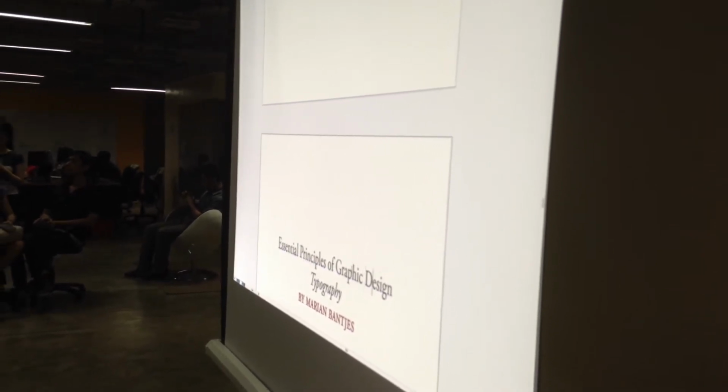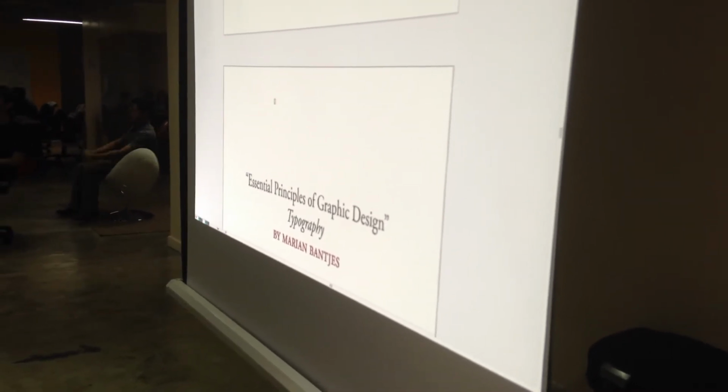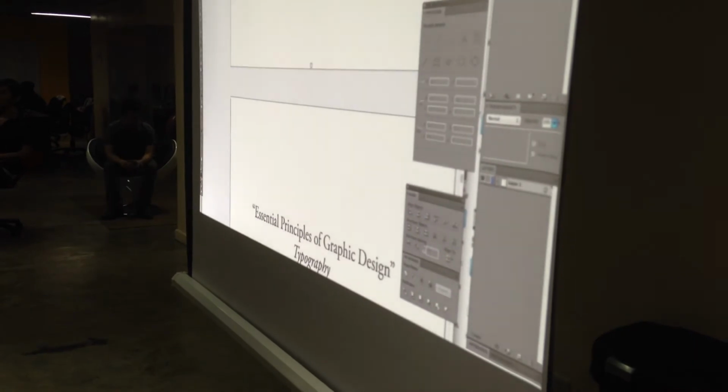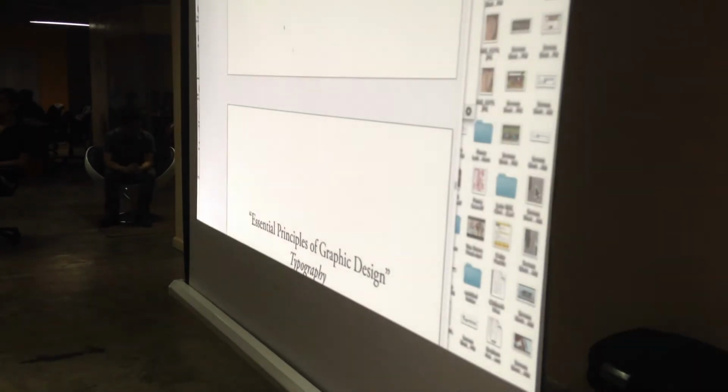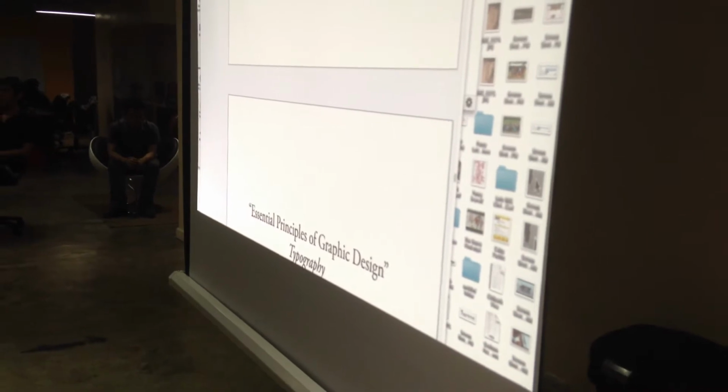So, for example, these are called smart quotes. They curve toward the letters that they're opening to. But in other software that isn't OpenType ready,